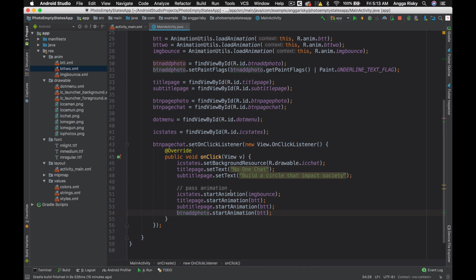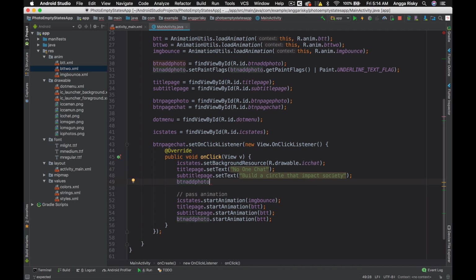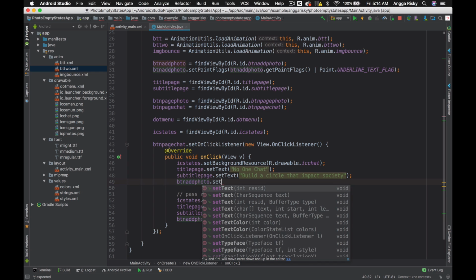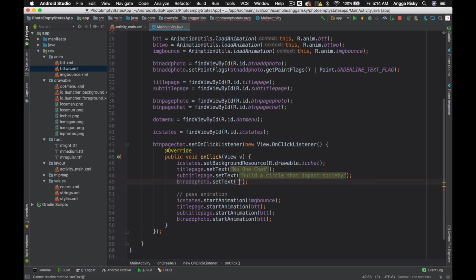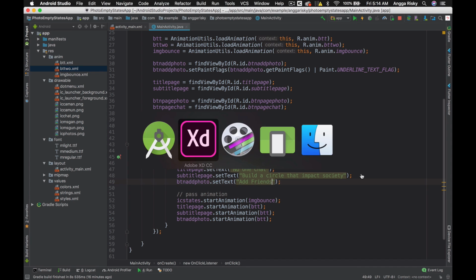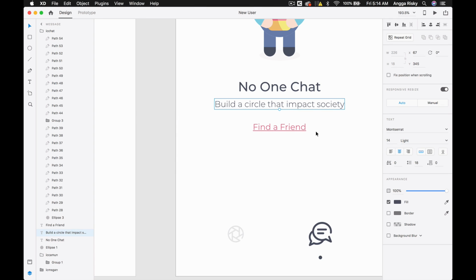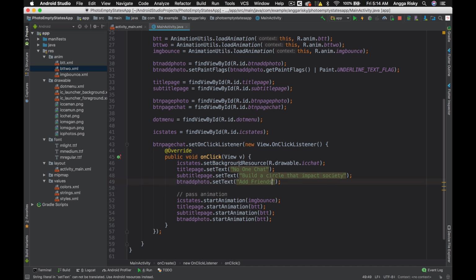Button add photo we have to change to another text, with set text, and then we give them: add friends, friend of friends.